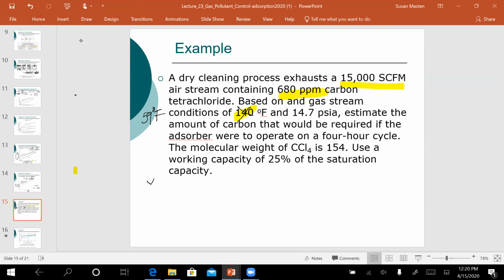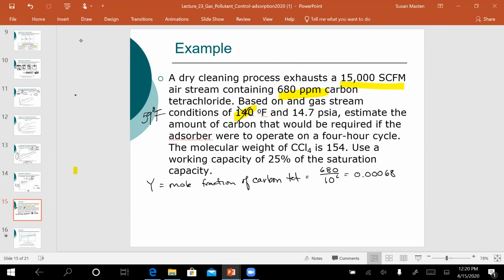The first thing we need to determine is the mole fraction of carbon tetrachloride. Okay, and we said it was 680 parts per million,